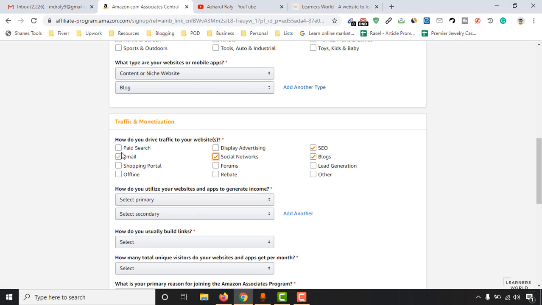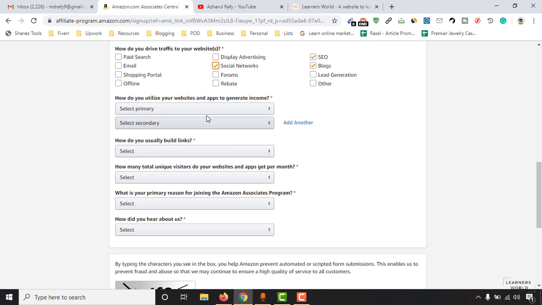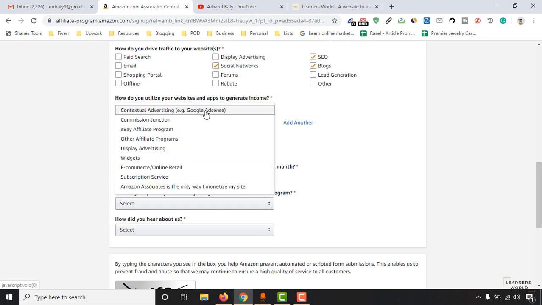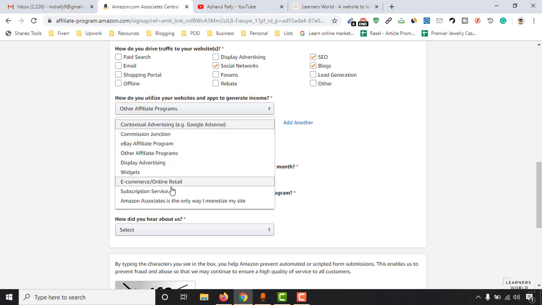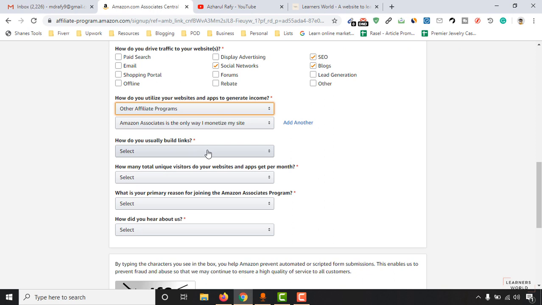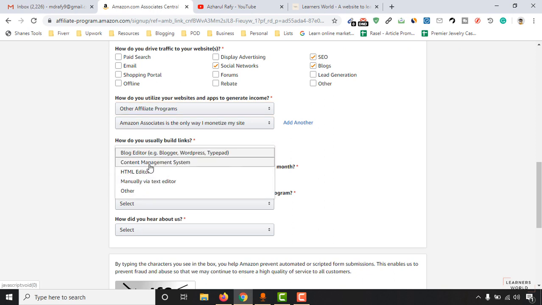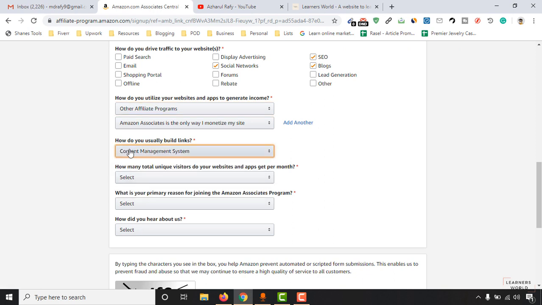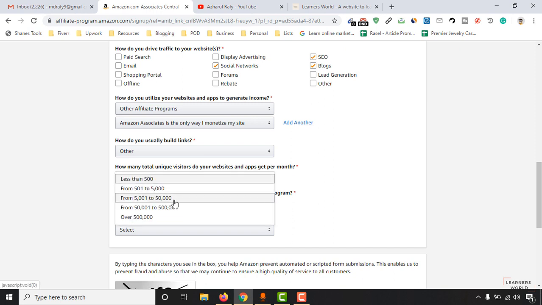Okay, and we could also do the email as well, but I don't want to put them in the first try. Okay, so how do you utilize your website and apps to generate income? Here I am going to put other affiliate programs. Okay, and then how do you usually build links? It would be content management system, or you can say other. And how many total unique visitors do your website and apps get per month? I'm going to select per month, let's say